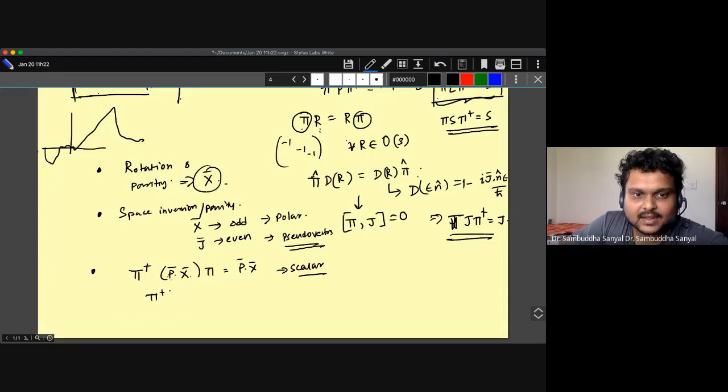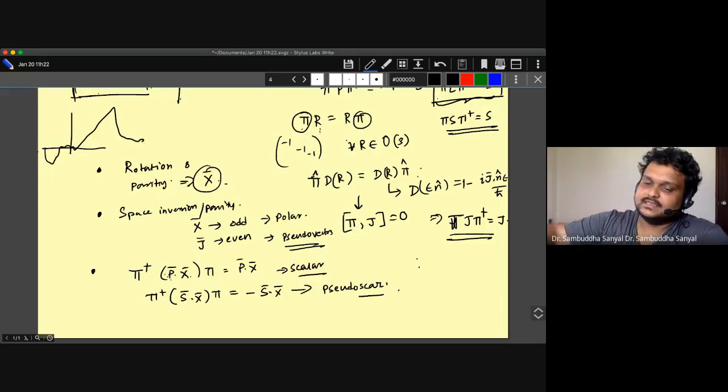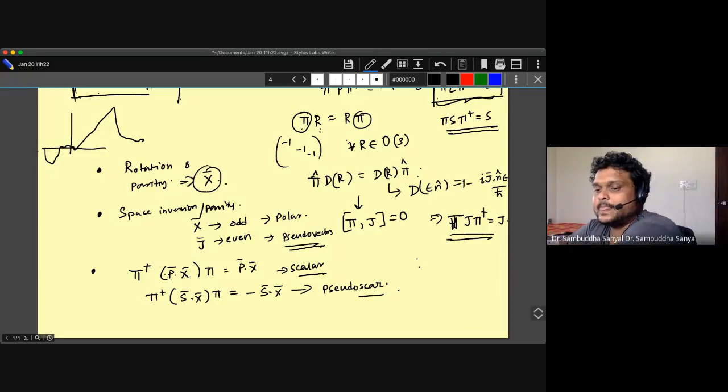But it turns out there are objects like this, and it is obvious from here because both of them are minus under parity, but this is plus and this is minus. This goes to s dot x. So it's a weird kind of scalar, and so they are called pseudo scalars. This is just a matter of definition, and so on. Similarly, you can show this for electric field and magnetic field. The electric field is a regular vector, the magnetic field is a pseudo vector, and that's because you can think of it as generated by a rotating charge.